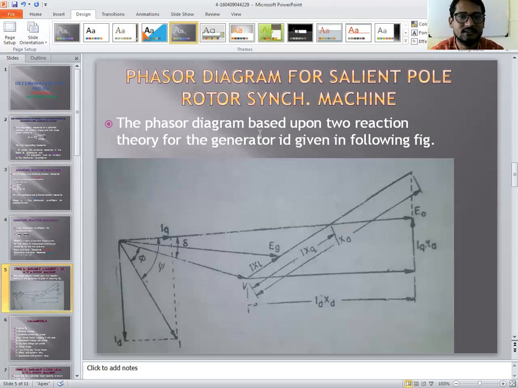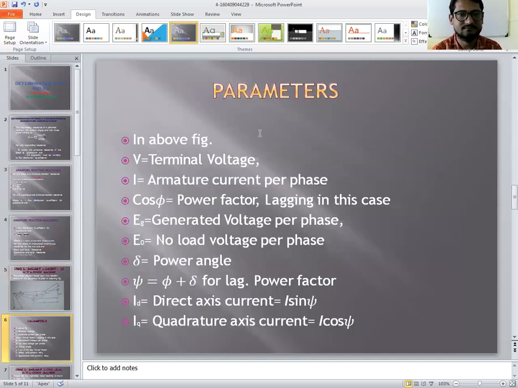For the reaction theory, we have to know that when the rotor field is aligned with the armature MMF, the flux linkage is maximum, but the rate of change of the flux is zero. Hence, the voltage induced in the field goes to zero at this instant where the armature offers the reactance XD. So, these are the parameters used to determine XD and XQ.